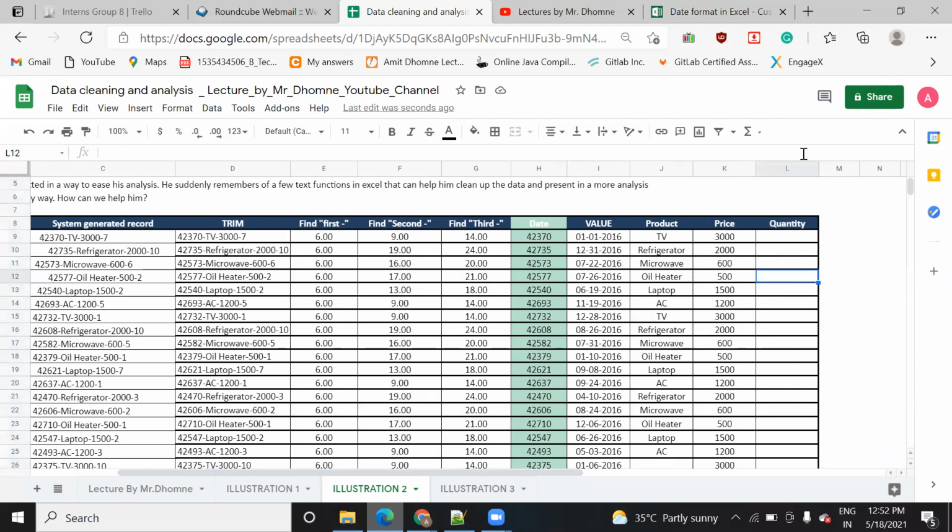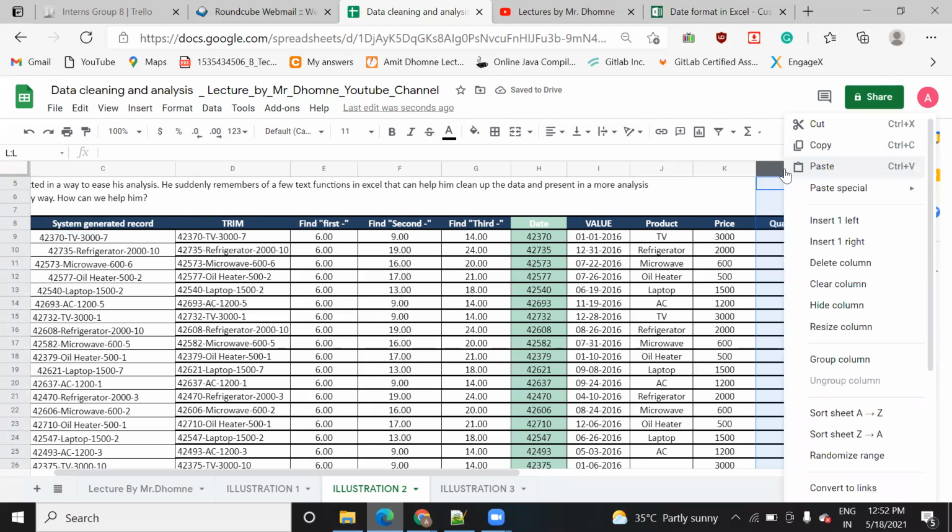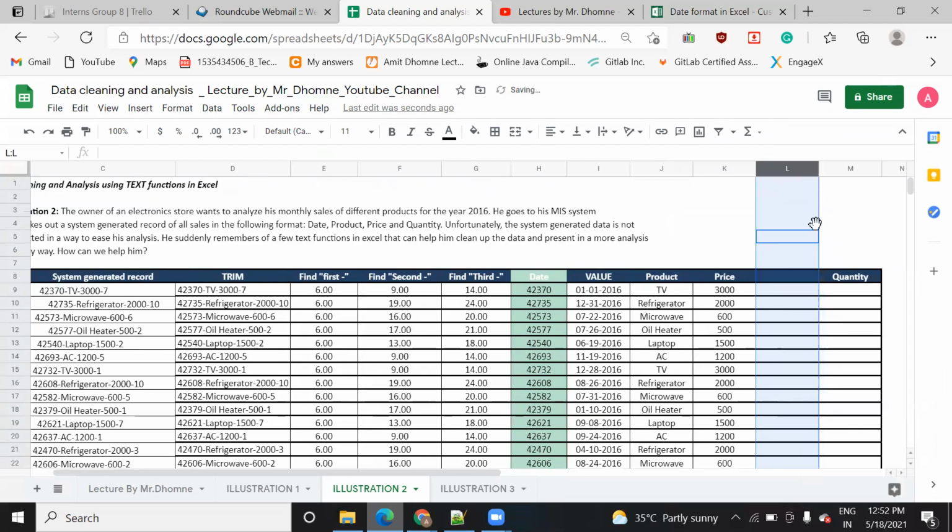Now in order to find out the length, I just need to add one column here, insert left, and I am going to find out the length of my total data, right? So in order to find out the length, you need to use the LEN function, and you are going to pass the column, and the first row starts from D9.